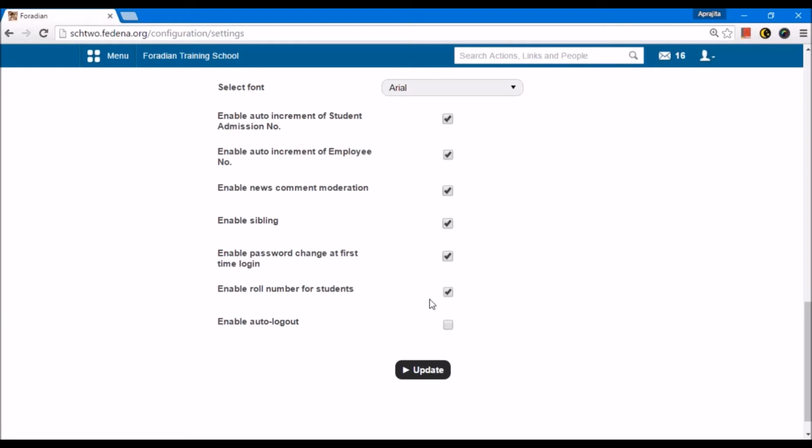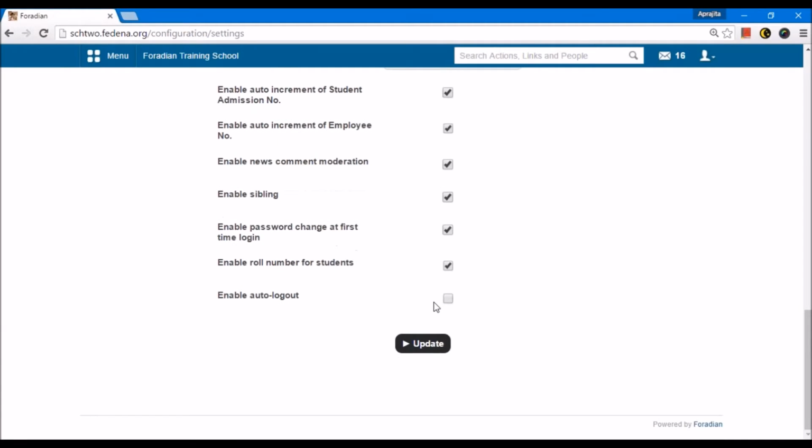But their admission numbers cannot be the same. So admission numbers are unique within an institution. Depending on whether you want to use this roll number feature, you can enable it. If you enable it, you will be able to assign unique numbers to each student inside a batch.